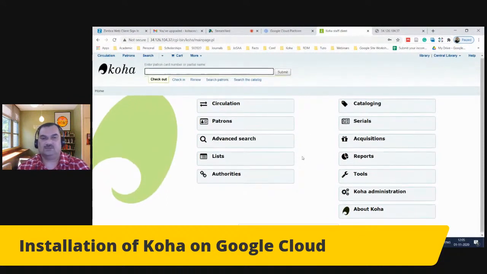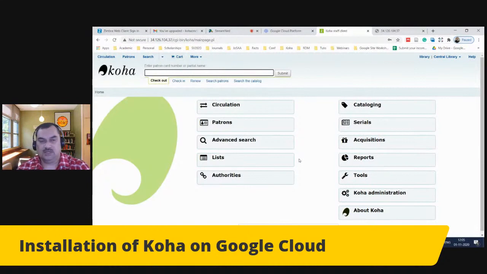So this is the process to install Koha on Google Cloud, and it will help you to practice for 90 days. And after that, if you want to continue, so some basic minimum charges will be charged by Google, and if you're ready to pay, so you can have your own server on Google Cloud and you can enjoy. Or even some of the libraries, those who are struggling with the setting and server, so they can directly go ahead with this Google Cloud, and they can purchase Google Cloud and they can install Koha or DSpace or anything. So this is the process of installing Koha on Google Cloud.